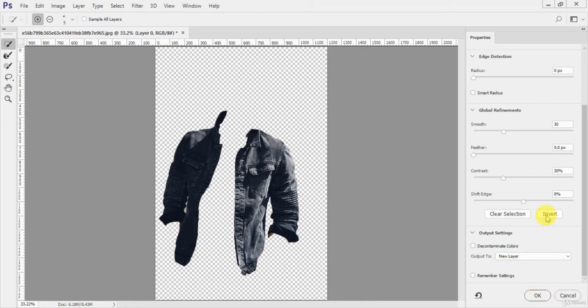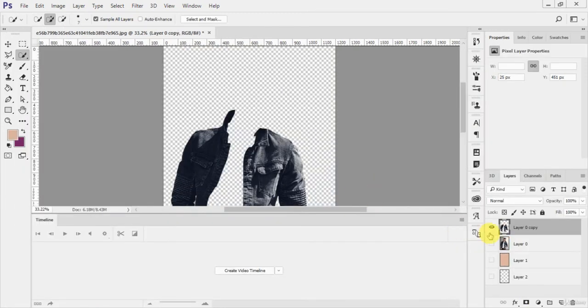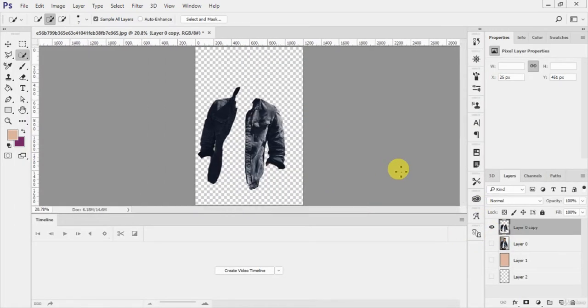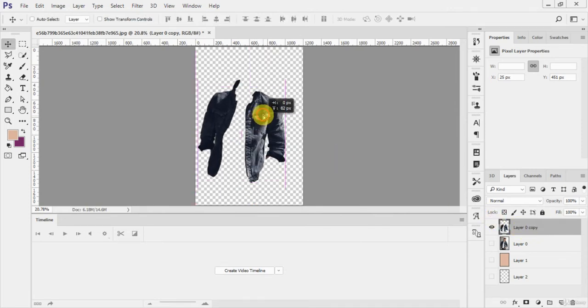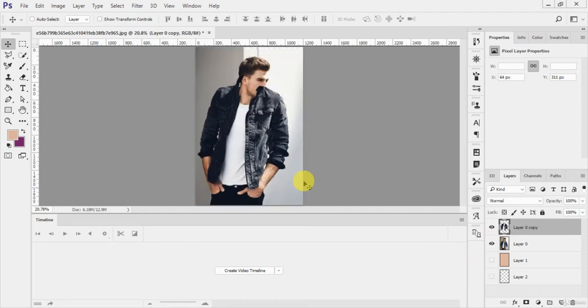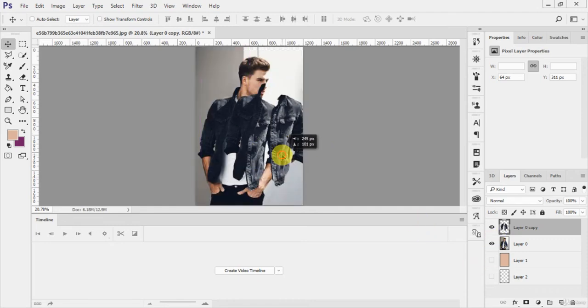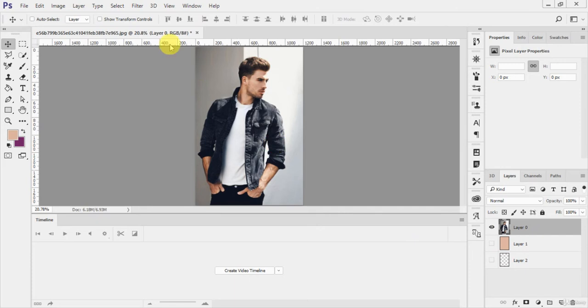or you can do the invert to invert your selection. Okay, just like this. And now you see, press Control 0 to make it fit on the artboard. So this is selected my jacket. Here you see I just cut the jacket in this image. So this is how you can do the select and mask,